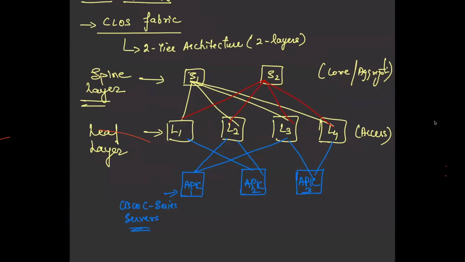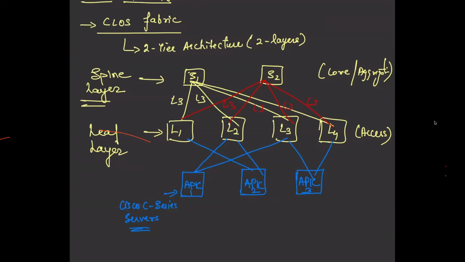Each leaf is one hop away from another leaf, so you will have predictable latency. All the devices are exactly the same number of hops away, so predictable latency. Then the links in between, these yellow ones and red ones,